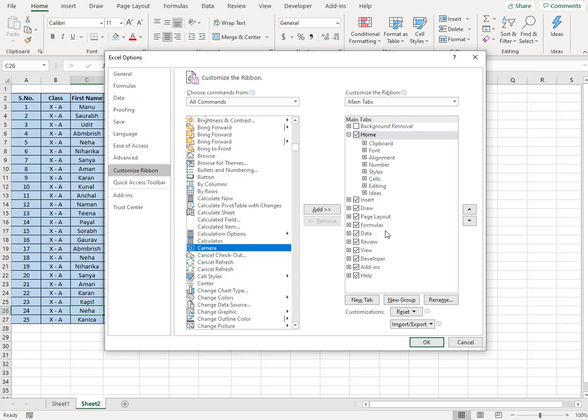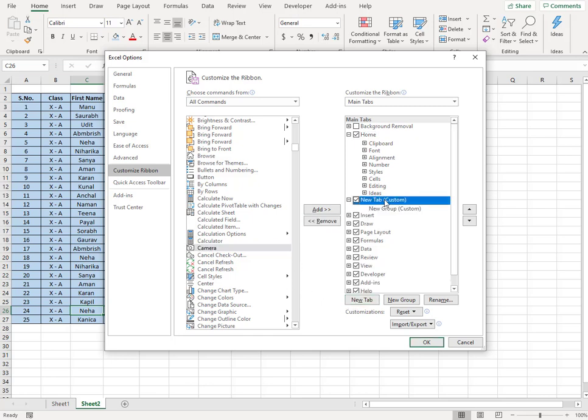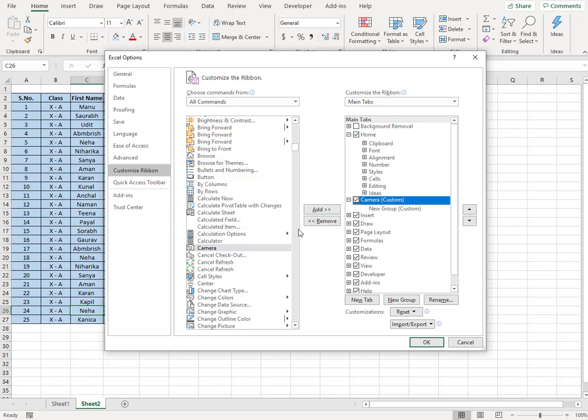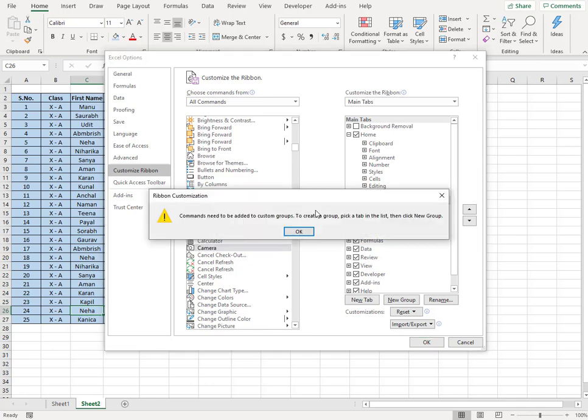So let me also show you how to create a new tab. The new tab that we'll create will be shown here with the existing tabs. I click on the new tab button, and here you see my new tab is created. I can rename this tab to, let's say, camera. Now I select the camera and click on the add button. It says the command needs to be added to custom groups.